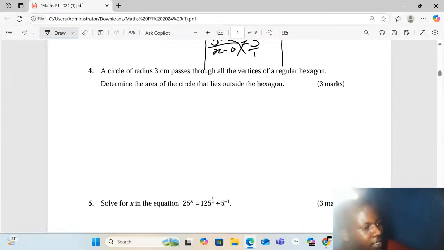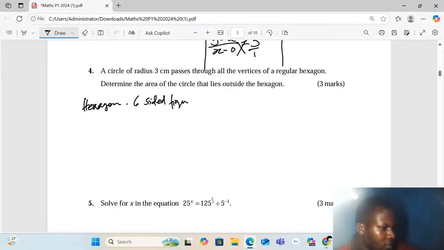A circle of radius 3 centimeters passes through all the vertices of a regular hexagon. Now determine the area of the circle that lies outside the hexagon. Now a hexagon is a six-sided figure. Hexagon. Now, having 6 sides,